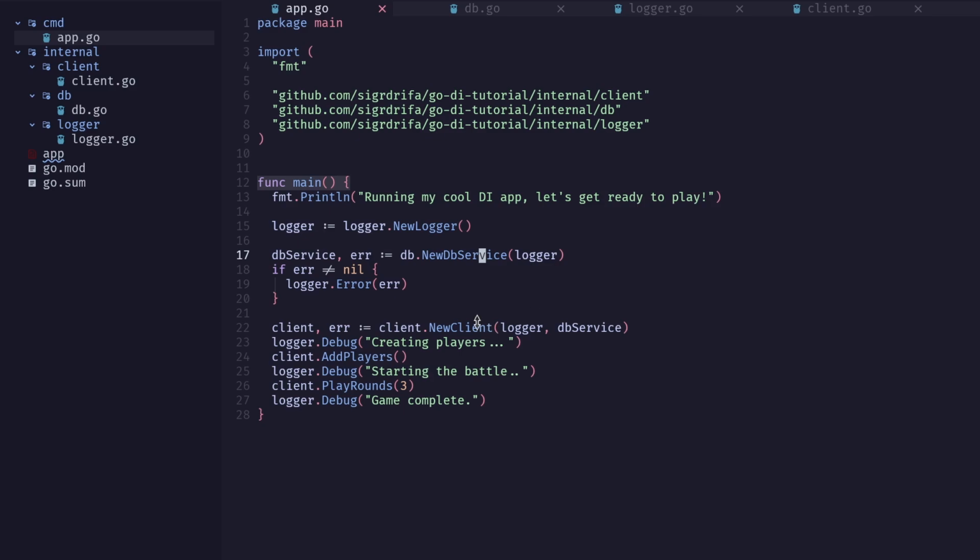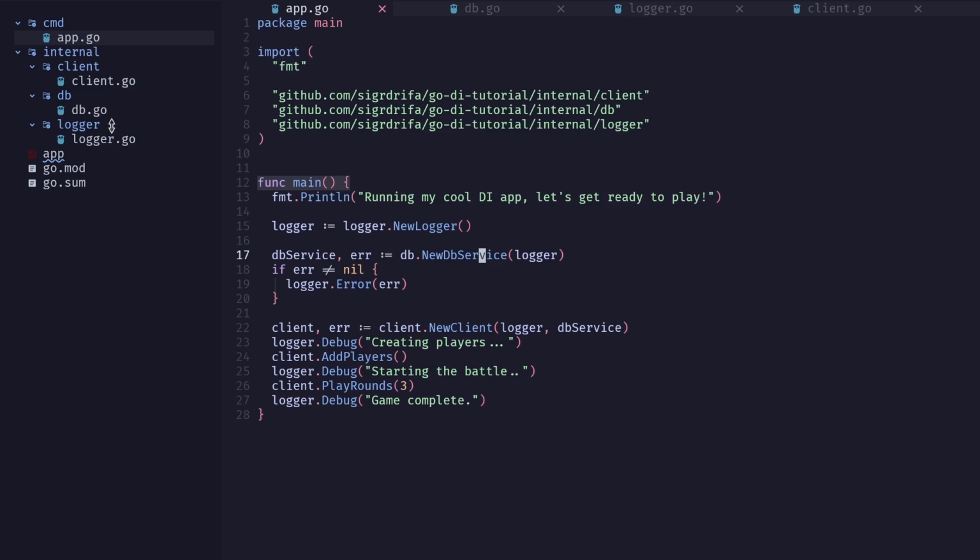So when it comes time to testing the client, for example, let's say we wanted to be good developers and implement some unit tests for the client. Because they're unit tests, we wouldn't really want them to connect to a real database. Let's say our DB service connected to a real database under the hood. We don't want it to do that in unit tests. We just want to mimic the DB service.